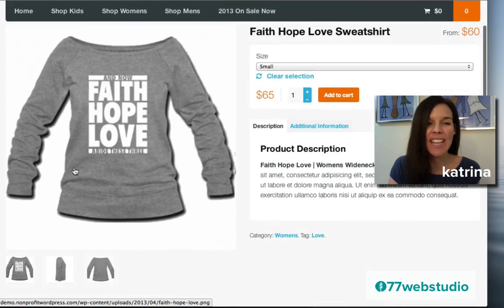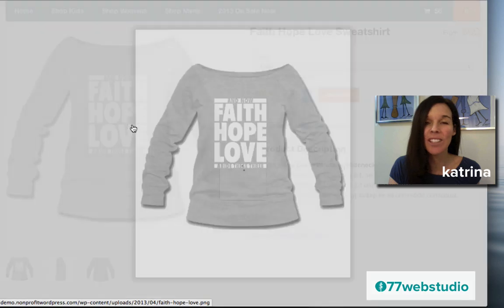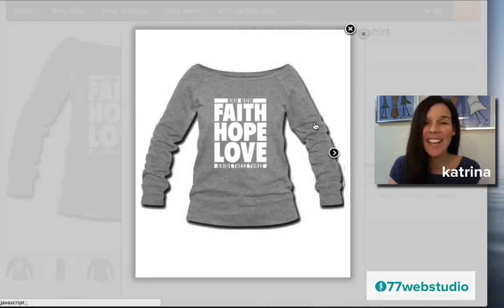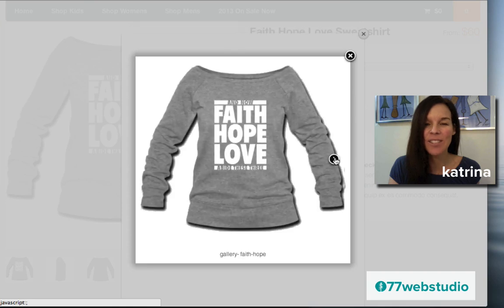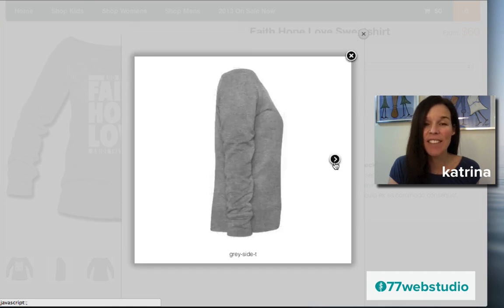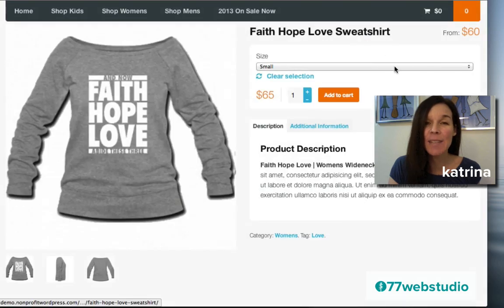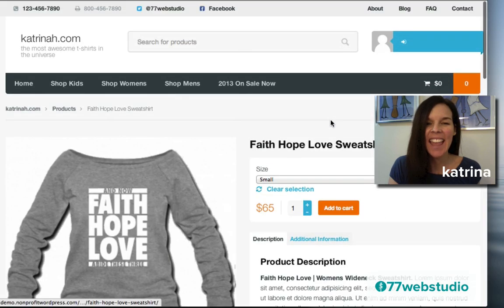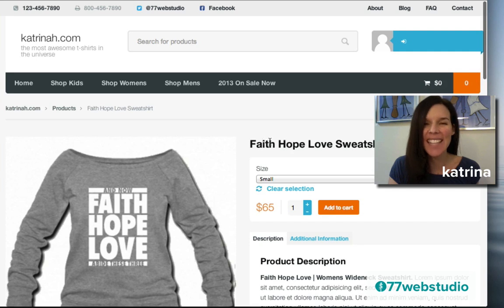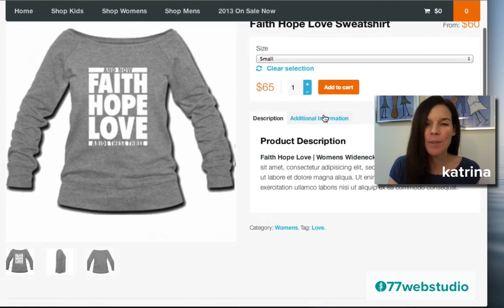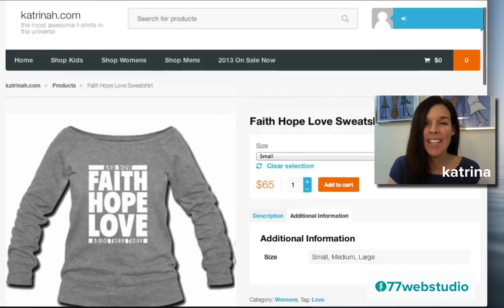So let's take a look at the product page. Here we'll have an image on the left-hand side, which when you click on it will open up to a really nice lightbox display. When I click on the arrow here, then you can go to the different angles of the particular product. So I'll show you in this video how to set up the product image gallery. Then here on the right-hand side, you'll have the title, you'll have the different attributes, and I'll show you how to set up the different attributes. Then you have a product description and an additional info section as well.